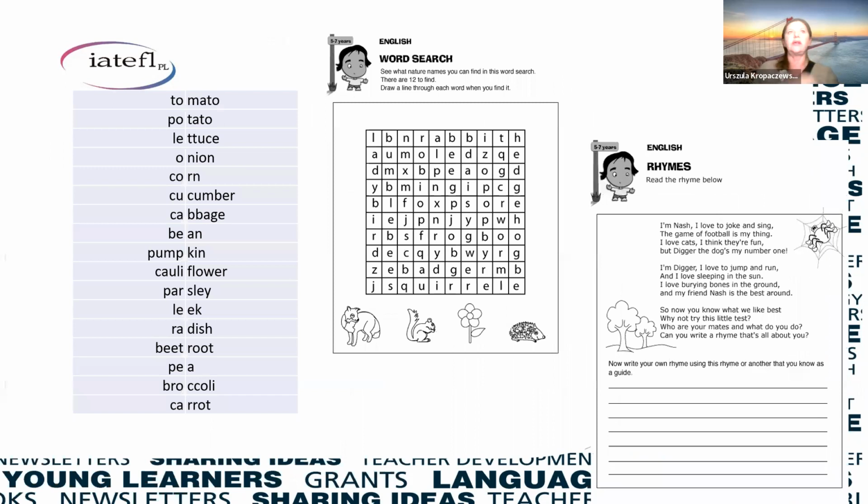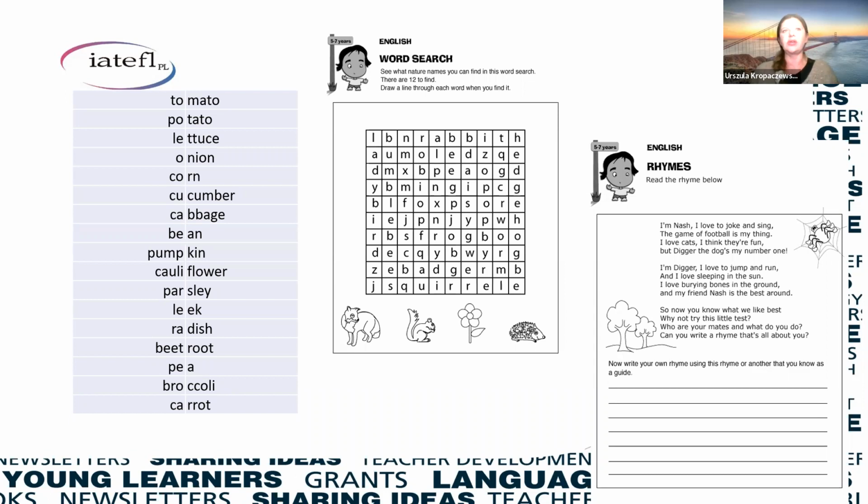developing reading skills. Okay, some other examples, of course, word searching, crosswords, fantastic. And on the left, you can see words which you can cut. I do recommend it, but of course it is good when children are given a particular set of words. So for example, today we are talking about animals living on the farm. So you have to prepare the list of animals, the names, the words, and you can cut, but just the words connected with the animals, because if you mix the words, children may have problems with making